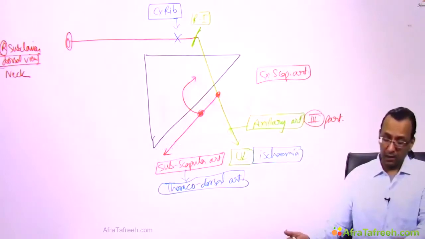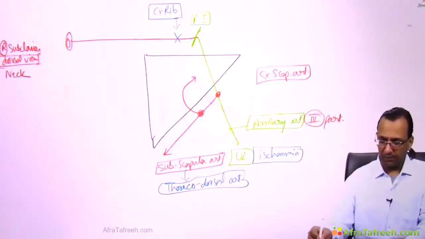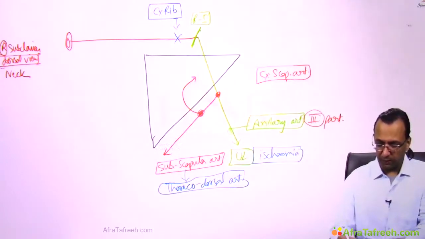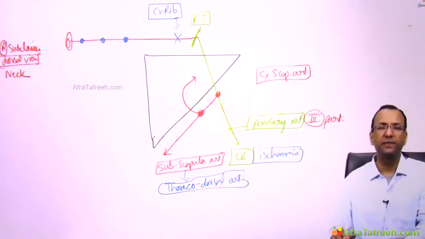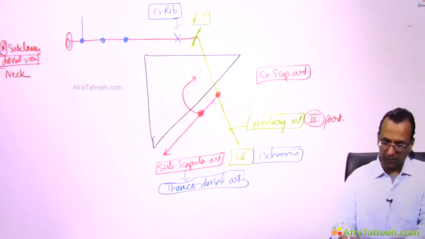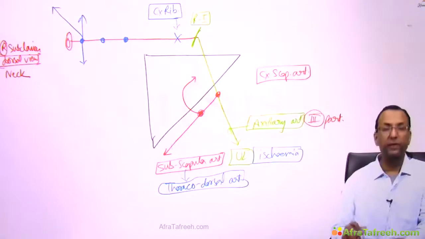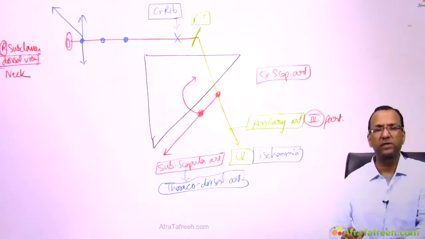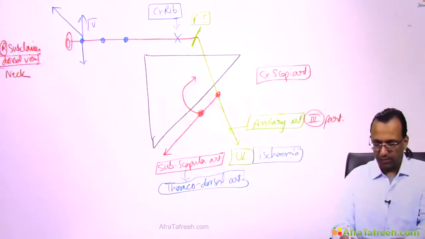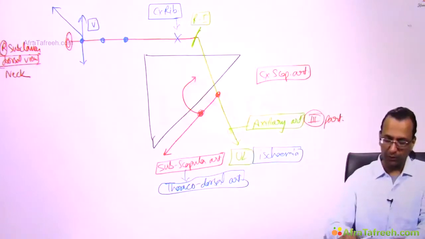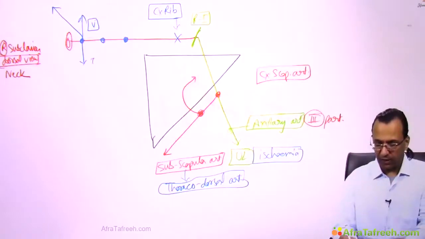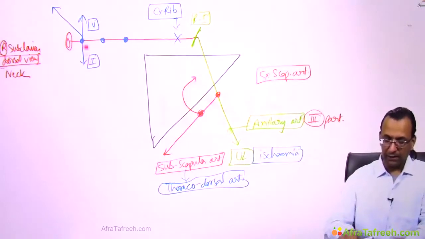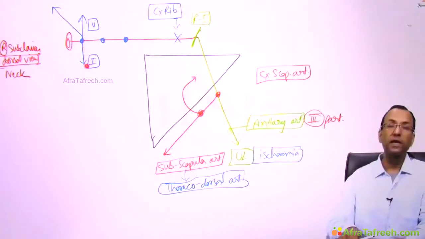Actually, if you remember, the subclavian artery was divided into three parts by a muscle called the scalenus anterior in the neck region. The first part was giving the VIT branches. Tell me, what are the VIT branches of the first part of the subclavian artery? The V going up is the vertebral artery, which is going to supply the circle of Willis upward. And the I coming down is the internal thoracic artery, which is going to supply the thorax and the mammary gland on the thorax. And what is this T